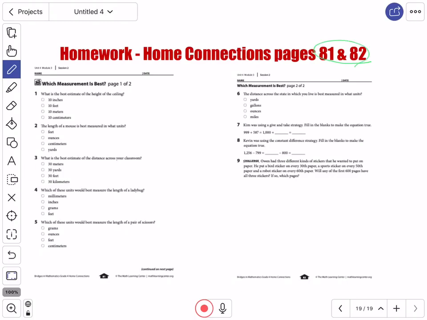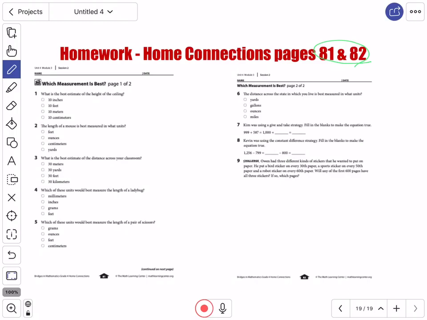So this is your homework. It's only 9 problems, okay? It's in your Home Connection book, page 81 and 82, okay? And it's multiple choice, okay? So it's which measurement is best. So for example, number 1, it says, what is the best estimate of the height of the ceiling? So you kind of have to think about that. Inches, feet, meters, or centimeters. So kind of think about that while you're answering your questions, and you just simply fill in a bubble